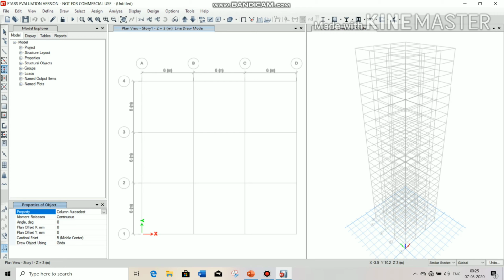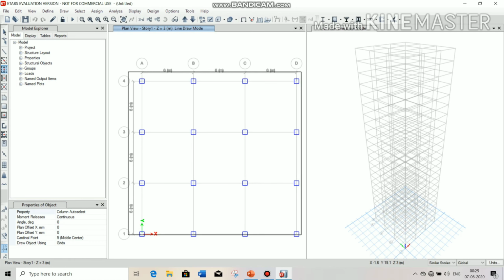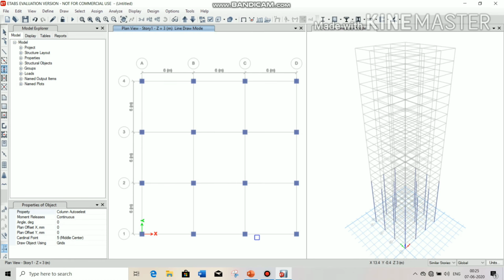You can choose the quick draw column option from your left side, and select the whole plan area which is required.